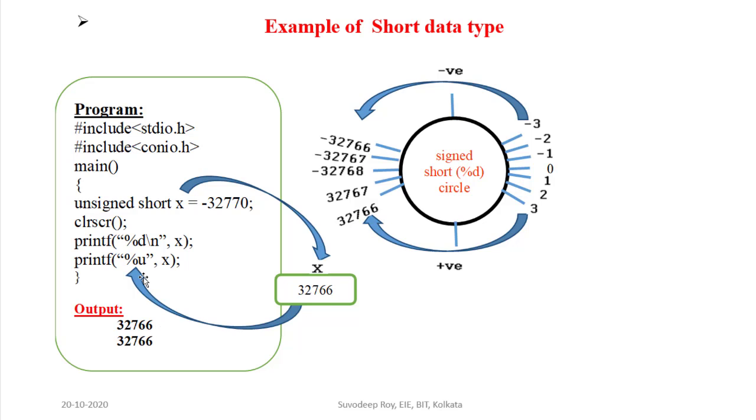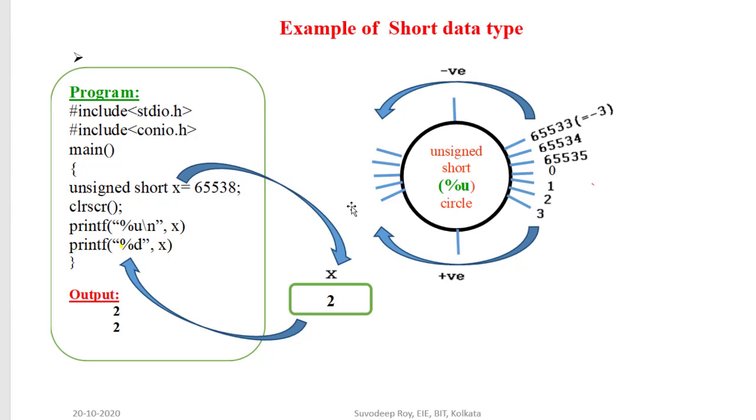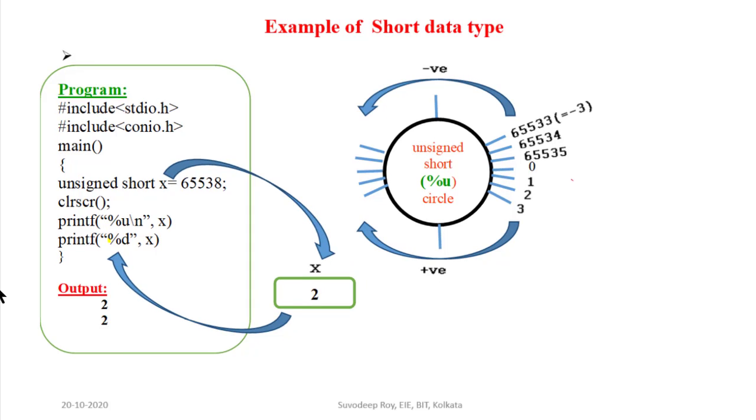Next one, unsigned circle. To provide the output from this instruction, it will check the unsigned circle, whether this 32,766 is there or not. This is the unsigned circle. As all are positive, no doubt that value is somewhere inside this circle. So this will provide